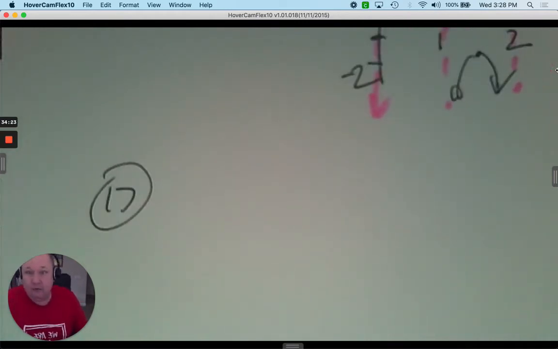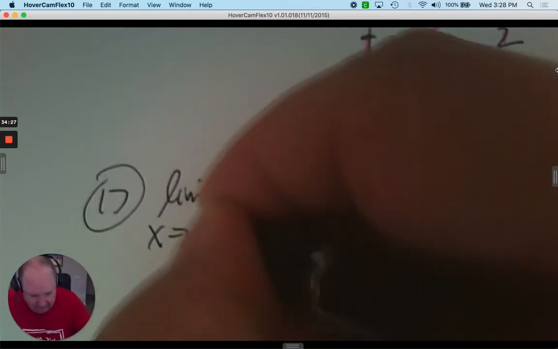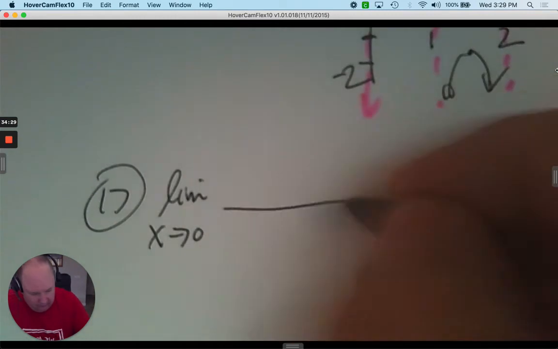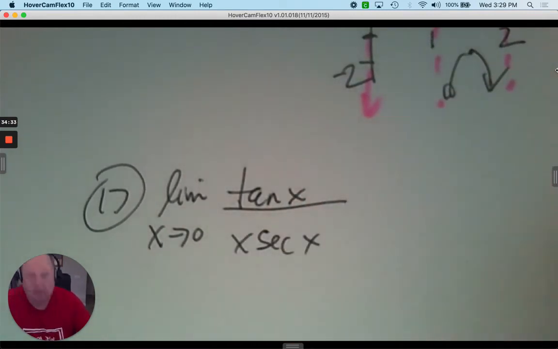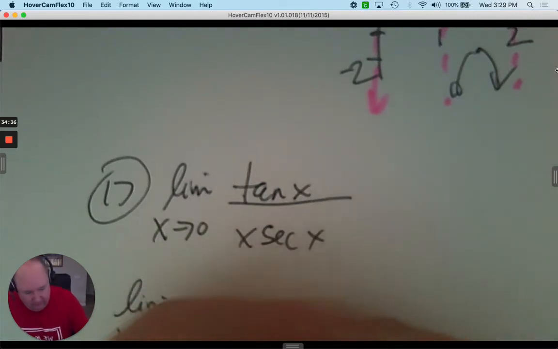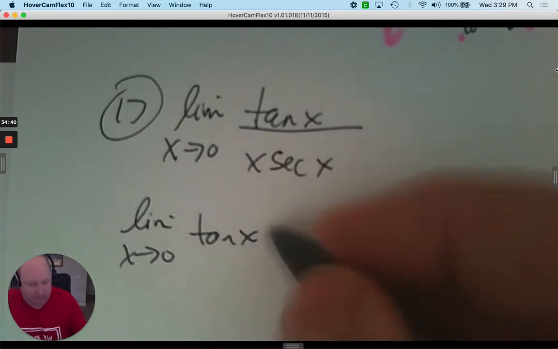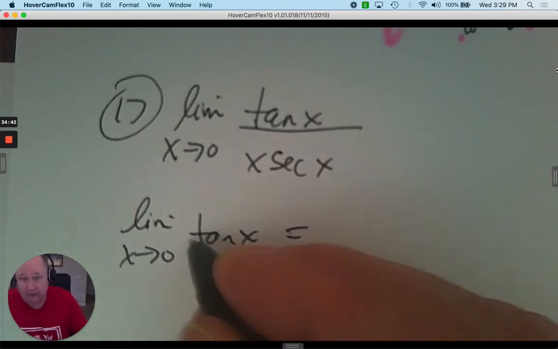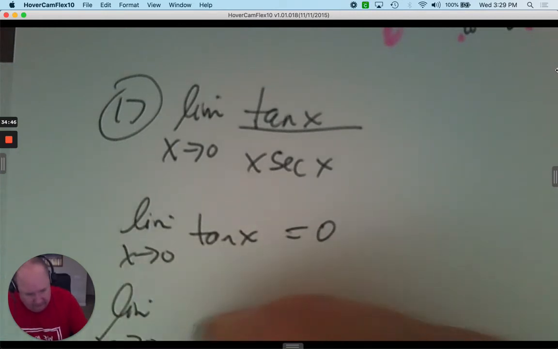All right, number 17. These are limit questions. So I'm thinking L'Hopital's rule or substitution and so on. So to understand this, take the limit of only the numerator. So the limit as x approaches 0 for tangent x. So substitute 0 in for x. Tangent 0 is equal to 0. Do the same thing to the denominator. And you can already tell,